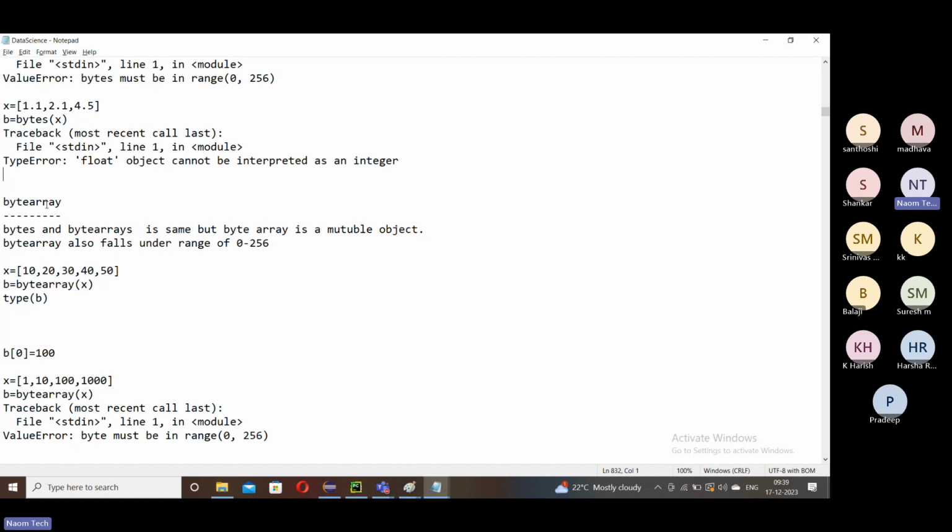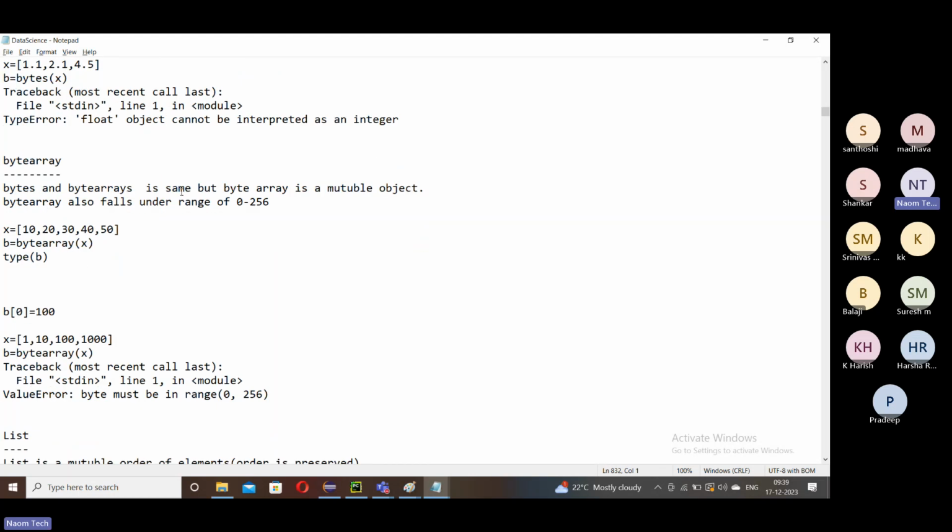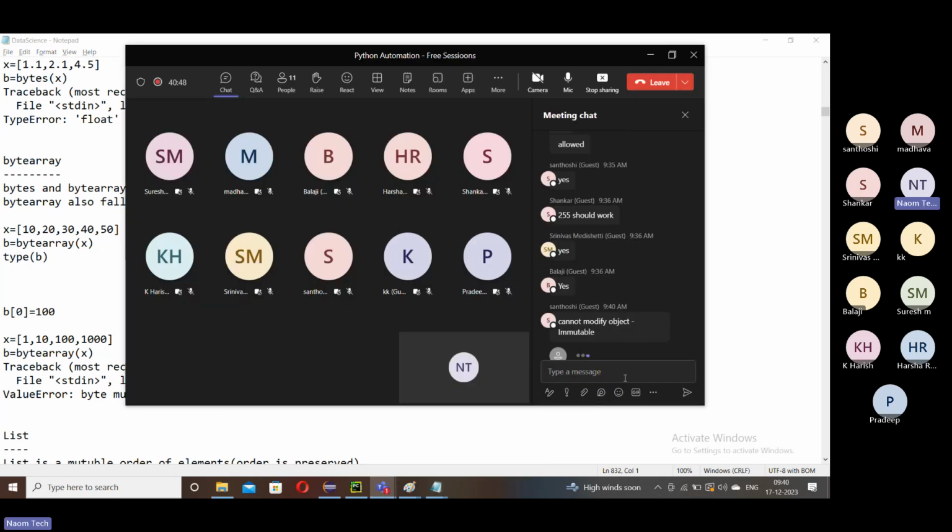What is byte array? Bytes and byte array are the same, but byte array is a mutable object. What is mutable and what is immutable, friends? What is the difference? Bytes and byte array are almost the same, but bytes is immutable, byte array is mutable. So can you please answer in the chat box? What is the difference between mutable object and immutable object? Please answer in the chat box. Come on, friends. So mutable means